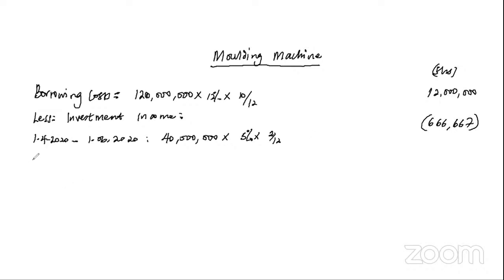Then from 1st June 2020 to 1st September 2020, we still invested some 40 M. This is a period of how many months? June, July, August. Period of 3 months. And here the income earned is 300. Now you may ask,